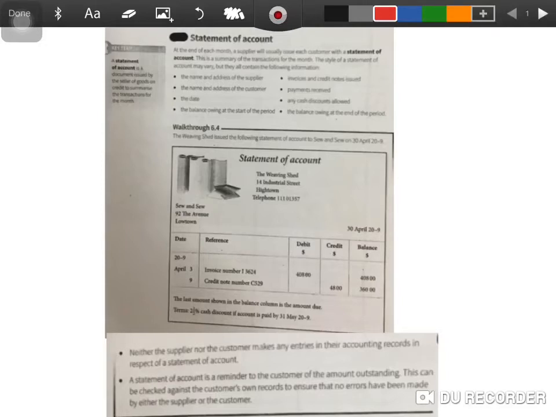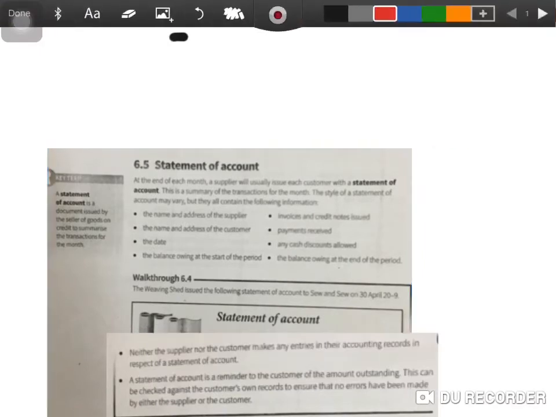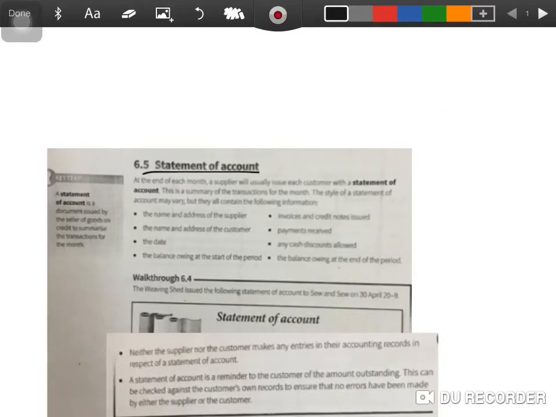So this video is about statement of account. This is obviously also one of the documents that are used in accounting, and this is the last one. We've already done videos on invoice, a receipt, a check or a counterfoil, debit note, credit note, and this is the sixth and the last one, right? Let me zoom in so that this is a lot clearer. Okay, so what is a statement of account?